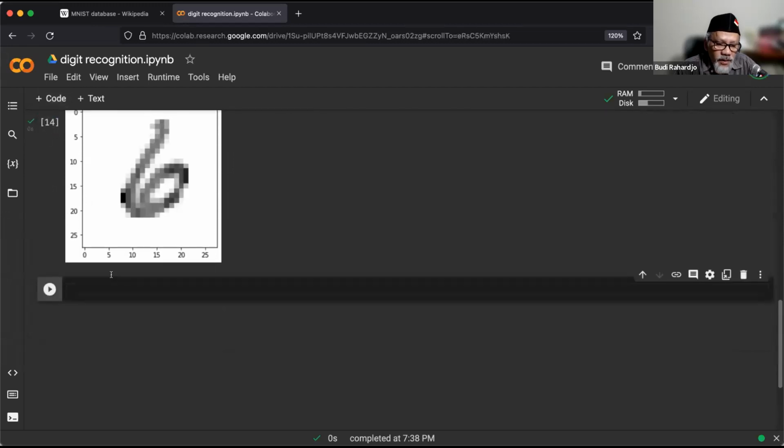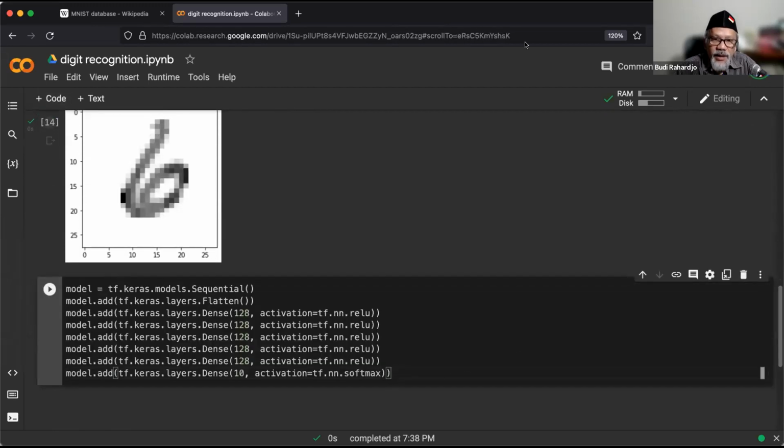Okay, add another code. This is what I have. Let me put it in the chat so that you don't have to type in the whole thing. Okay, let me put it in your chat. There, you can copy it from your chat and put it there. Okay, so let me explain to you.